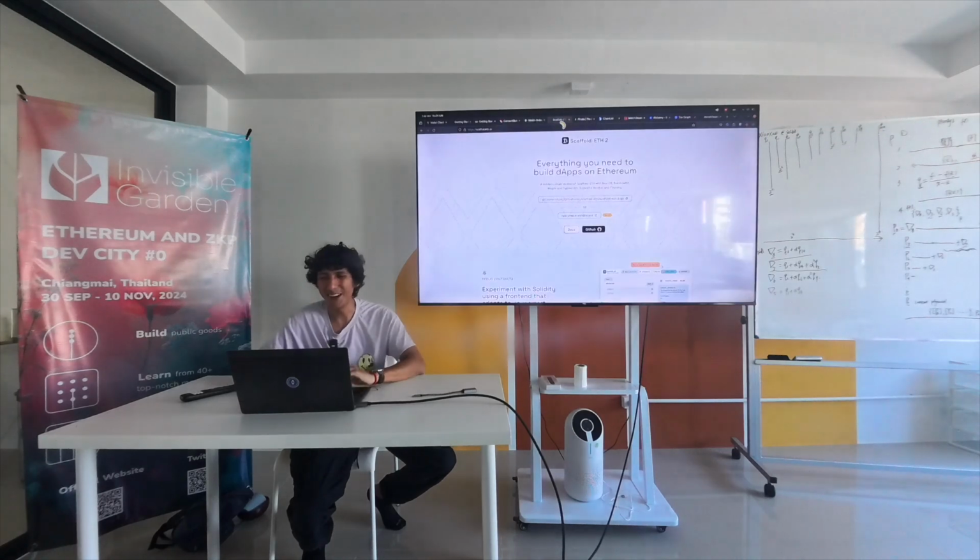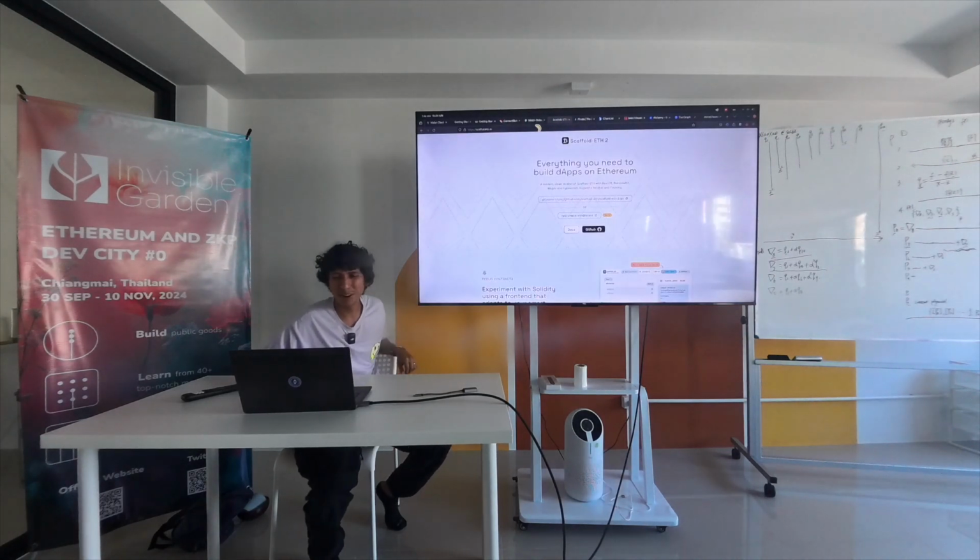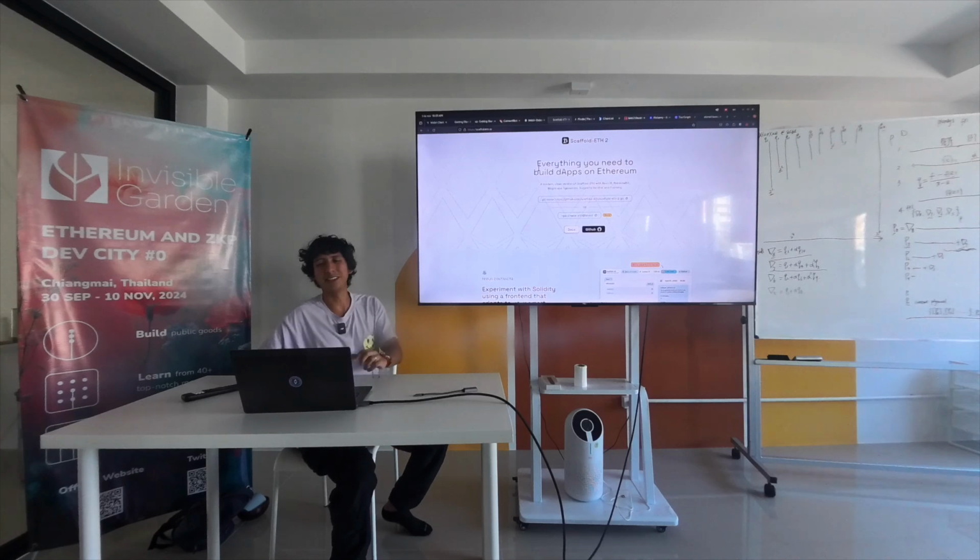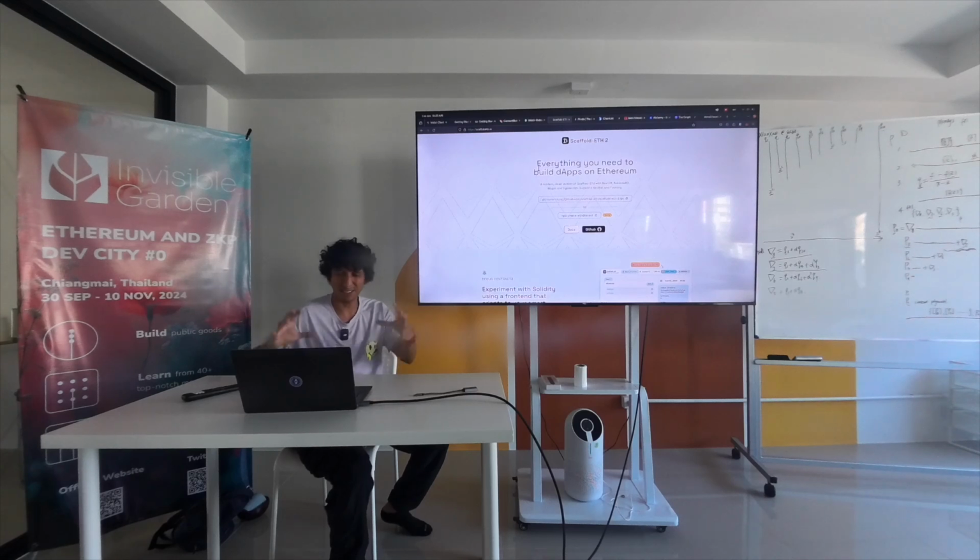Okay, so after learning about all these libraries, you can use Scaffold-ETH. And we have already used Scaffold-ETH in our Speedrun Ethereum challenges. So Scaffold-ETH is like this big packed framework where it includes Next.js, RainbowKit, Wagmi, and TypeScript. So